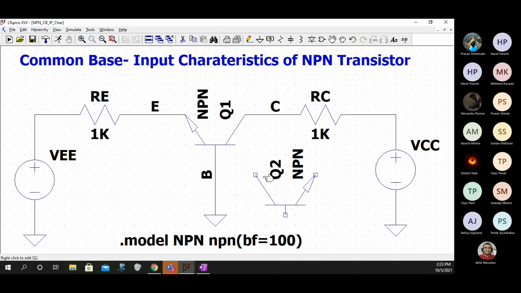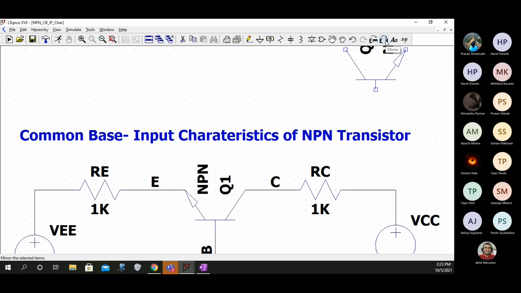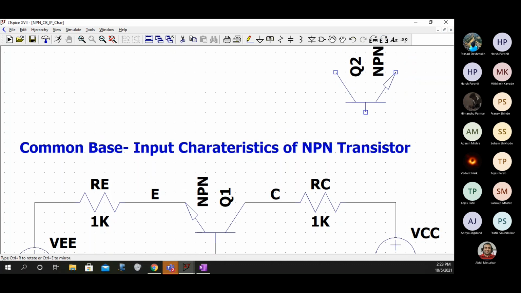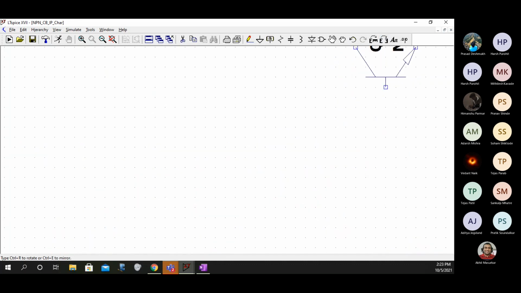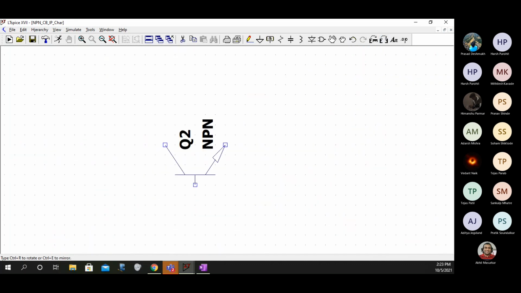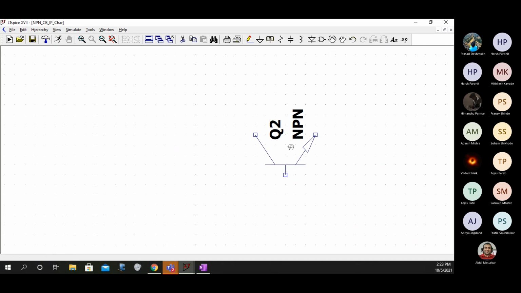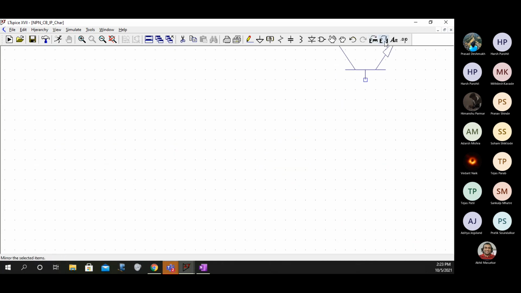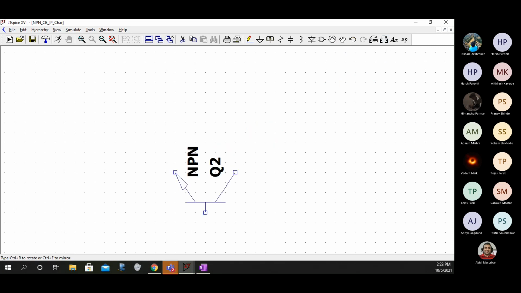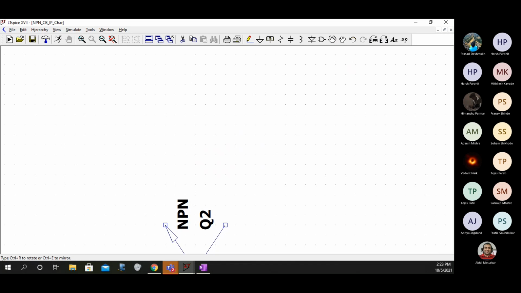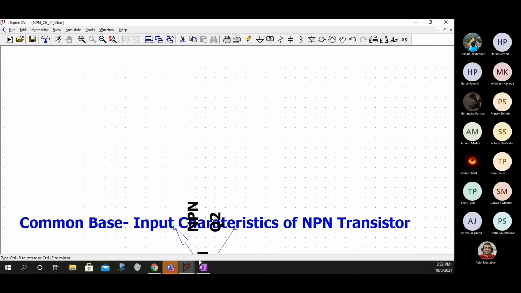I want the emitter to be here. So I select this and I click on this button, mirror. Then it will become like this, and then wherever you want to place, you just place it.